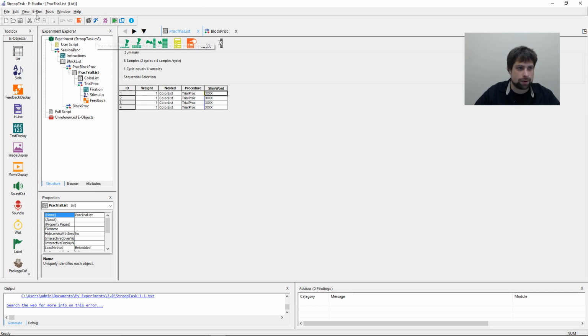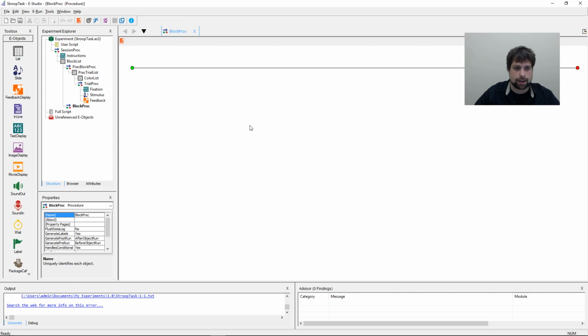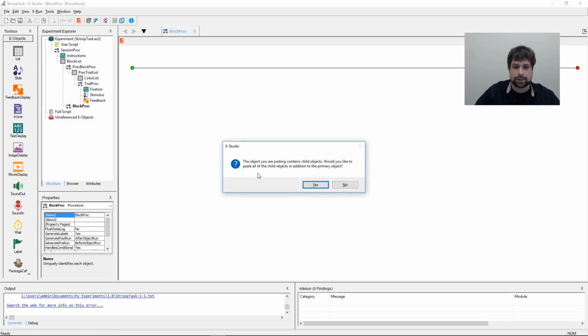So instead of having to remake all of that from scratch, what I'm going to do is just double click on block proc here. Words are hard. Double click on block proc here. I'm going to take prac trial list and copy it using Control-C. Now, if I click on my block proc here and paste it using Control-V, it'll say